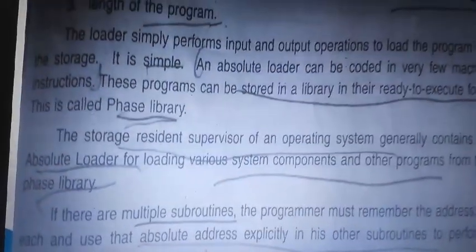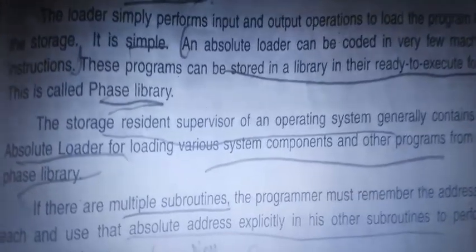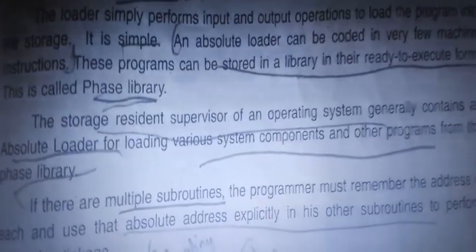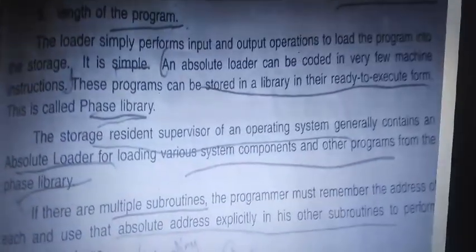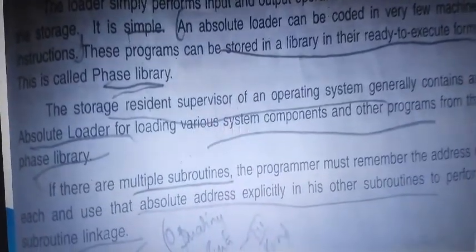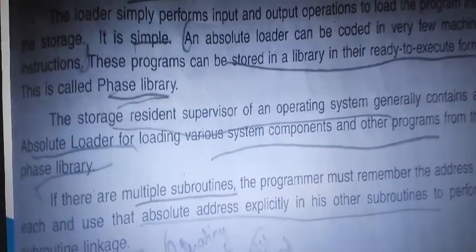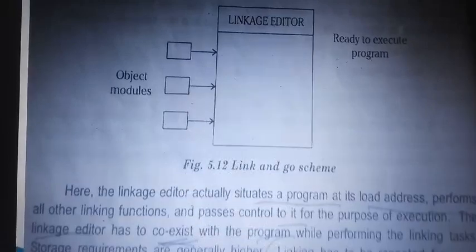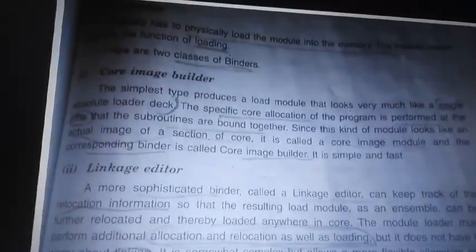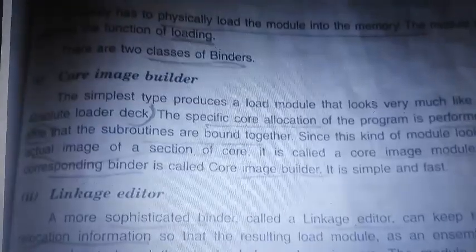So that's the main drawback of the absolute loader, because we are loading as it is, there are no changes in the address. The address should be known to the program, because we cannot load to any other available location. We need to load to the same location. So addresses are maintained at the beginning. So that's the main drawback of an absolute loader. So these are the two different types of linking using a linkage editor, and these two types of separate classes of bindings, as well as there are two separate programs, nothing but a binder and the modulo binders.